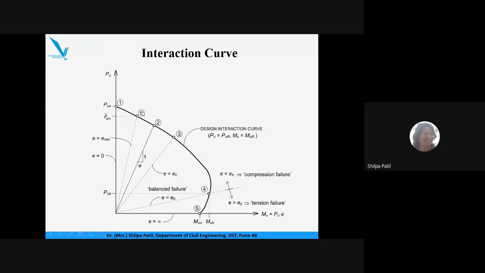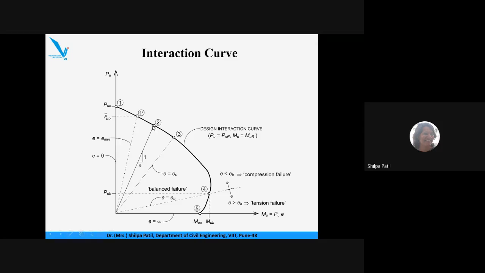The second point, that is point 1 dash, corresponds to the condition of axial loading with the mandatory minimum eccentricity. Now, if you remember, we calculate the minimum eccentricity, e minimum, with the formula L upon 500 plus D upon 30. Corresponding to that minimum eccentricity, this is a particular point. So at this point, whatever the load and moment are, they correspond to the minimum eccentricity value. So this is point 1 dash.